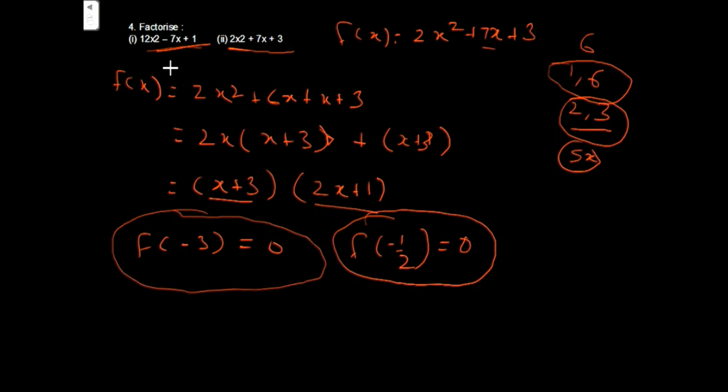But this splitting the middle term method is applicable to quadratic polynomials only. If we have a polynomial with higher degree, let's say a cubic polynomial, or a 4 degree or 5 degree polynomial, then first we have to factorize that polynomial to achieve a quadratic polynomial, or we have to apply the factor theorem or an algebraic identity. Let's take the next question.